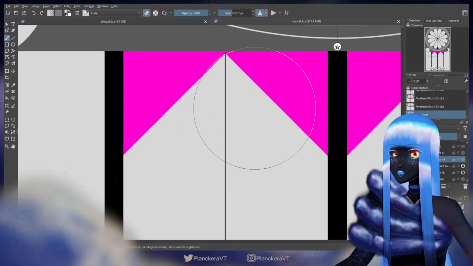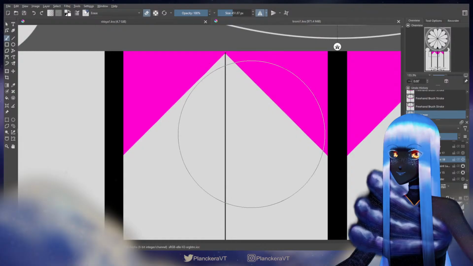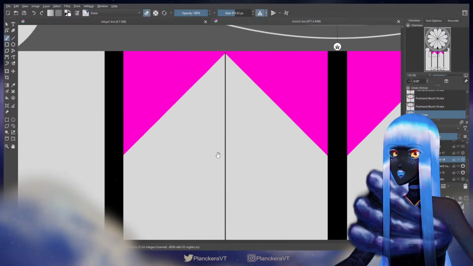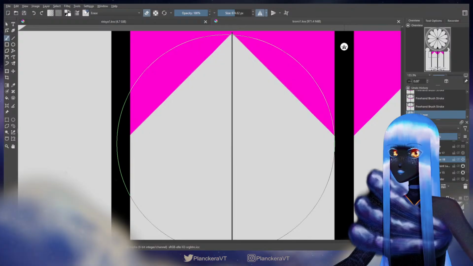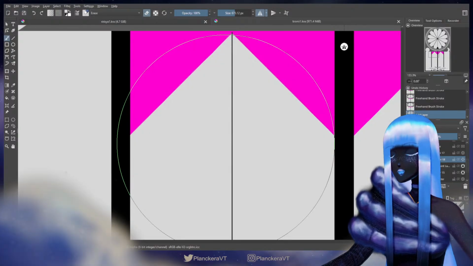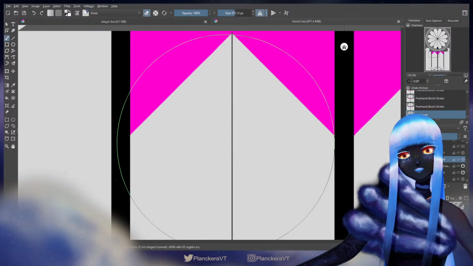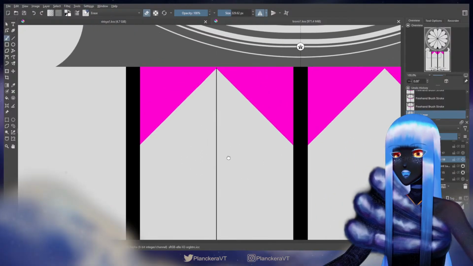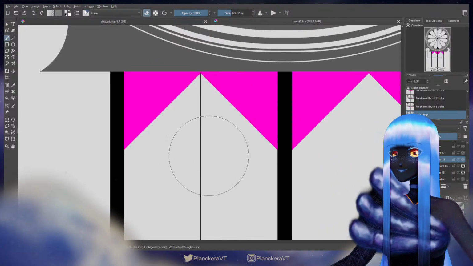I'm going to add, like, a circle. I'm trying to get the angle I want here, because that's a little bit too curved. Am I going to be able to do that with a circle brush? I don't think I am. Okay. So this will just be a place where I use transform tools.